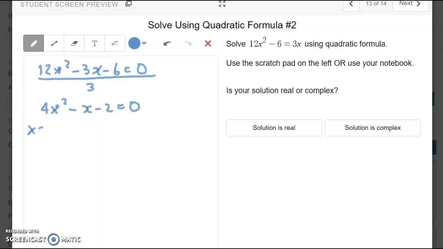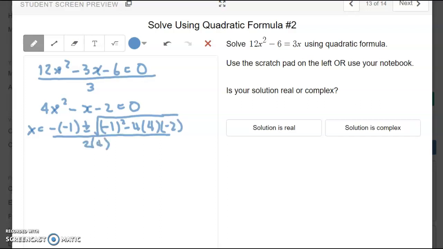So x equals negative b, so it's going to be negative of negative 1, plus or minus the square root of, what's negative 1 all squared, minus 4 times a, which is 4 times negative 2, all over 2 times 4. And that's going to be positive 1 plus or minus the square root of 1. Negative 4 times negative 2 is going to be positive 8. Positive 8 times 4 is positive 32